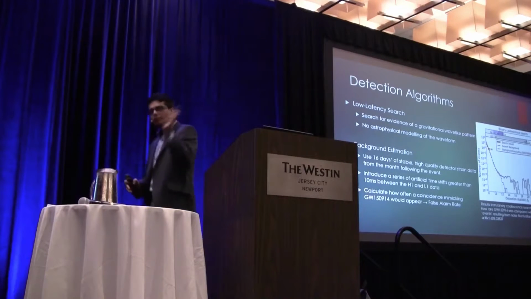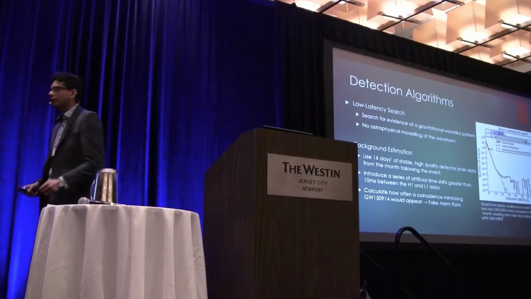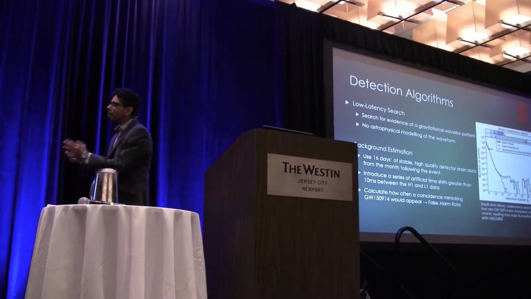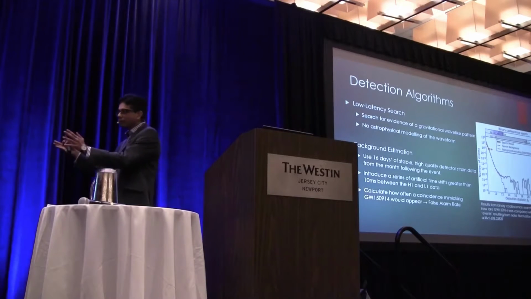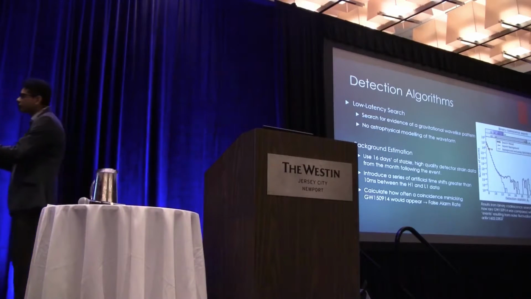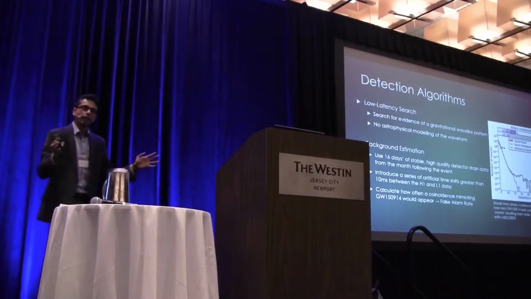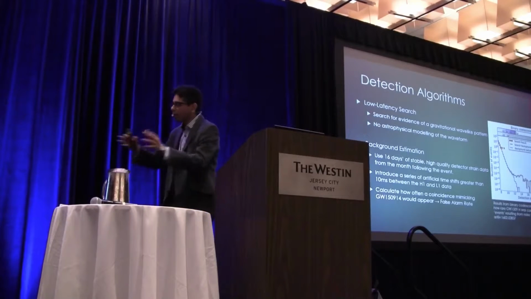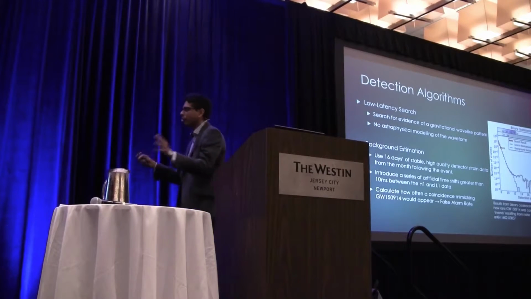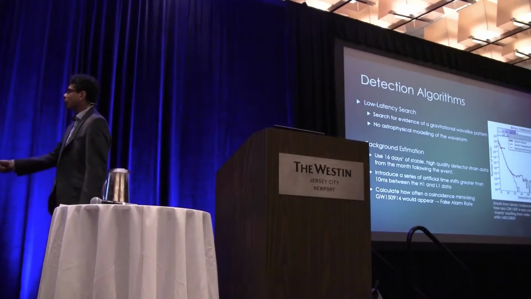So by introducing these artificial time shifts, we are actually artificially increasing the amount of data that we have, right? So we have collected 16 days of data, but by introducing artificial time shifts, we have actually come up with data which spans over years. And then by looking at signals in all of that time shifted data, we can try and figure out what is the significance of detection. So this is what's plotted over here.